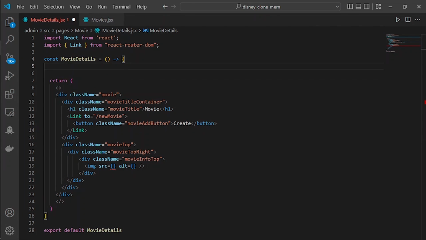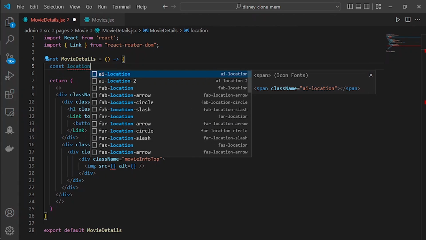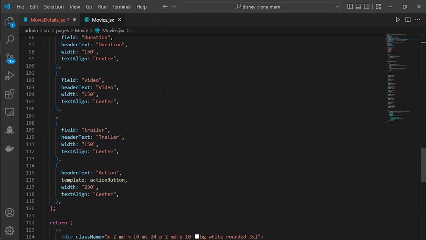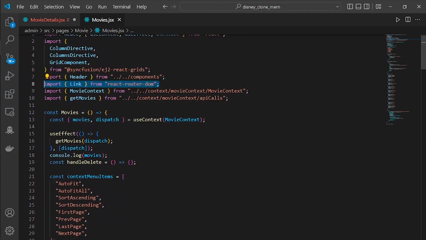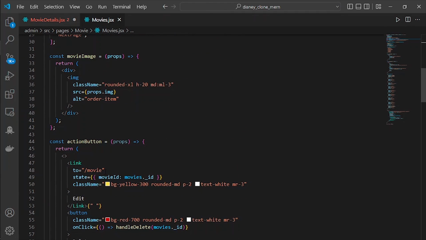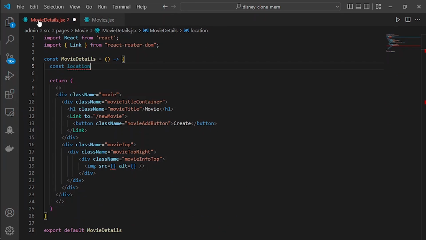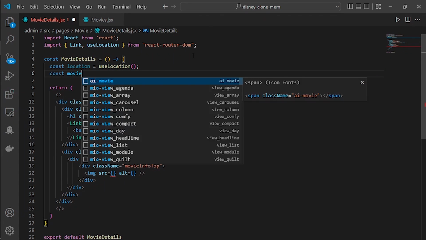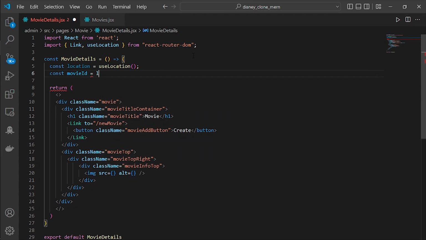So I'm going to make a new variable, and if you remember in the previous video in the movie.jsx, when we put some link inside of the link to the movie, we are passing the state of the movie ID. So in this movie details we are going to retrieve that and then make a query in here. So I'm going to use location, and then we will have const movieId equal to